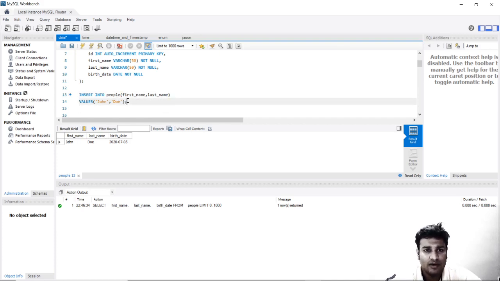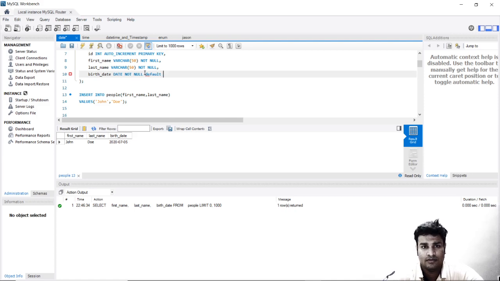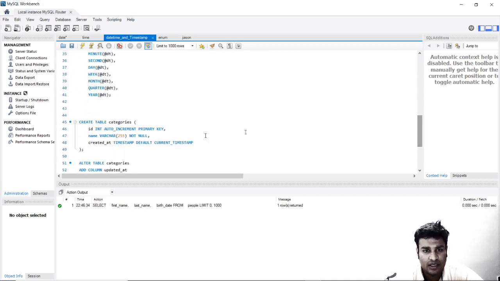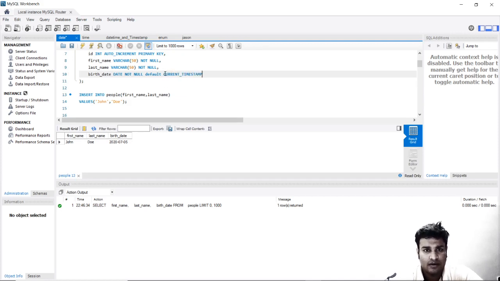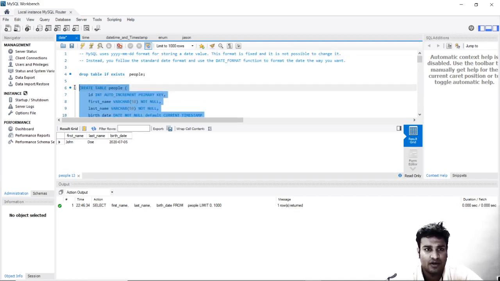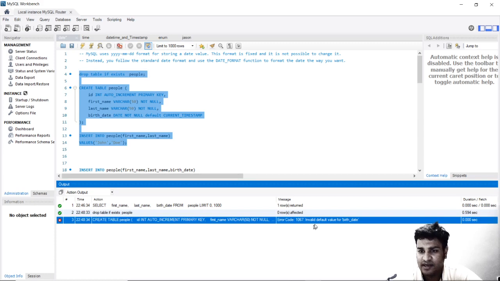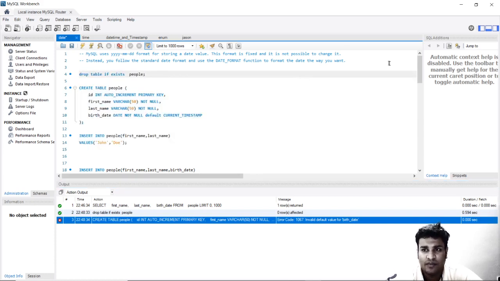Okay, this is good now. And we will say default current time. Okay, so this is something which should be there in current timestamp, not in the date function. Let me check this. Okay, so this is there in current timestamp, not in date. So this will give an error for sure. So this gives an error. We cannot create a table with a default value for birth date because this is a timestamp.